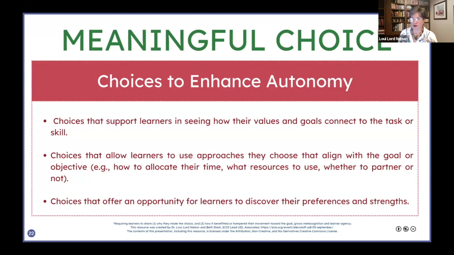So helping those learners see their own values and their own goals connect to what's going on. So those approaches that align with the goal or objective that's going on. So they know what the goal or objective is because you've made that clear. You keep looping back to it. But then they also can see how whatever choice they're going to make is what's going to help them achieve that goal. We have to help them make that connection,